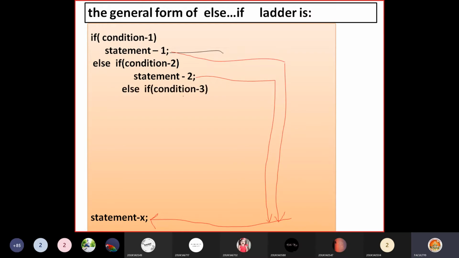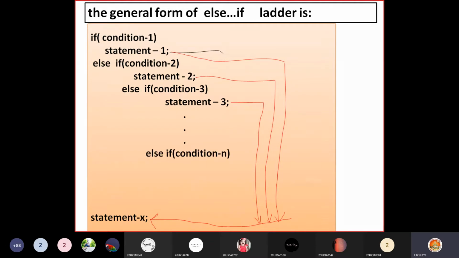If condition 2 is false, again there is an associated else statement with this. Else, again an if statement is associated with this else. Else if condition 3, test this condition. If this is true, statement 3 is executed and directly control jumps to statement X here. So like this, you can write n condition statements here.